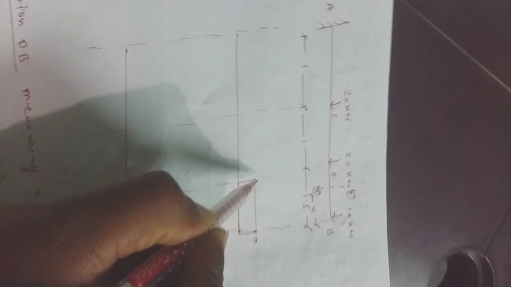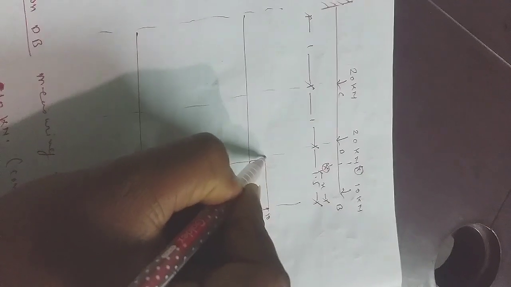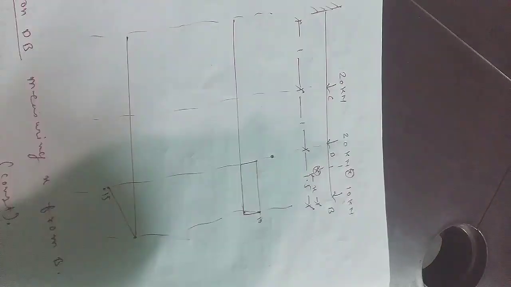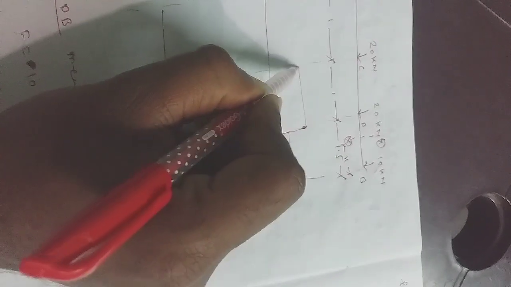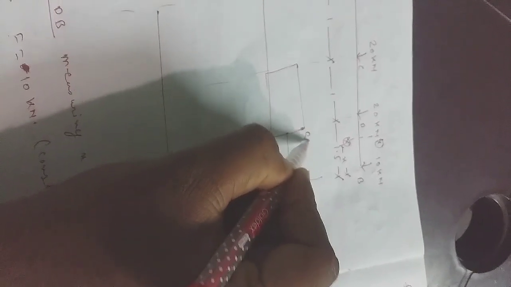Let's make the diagram for this. So again we move towards earlier. For portion CD, it will move upward, 30 positive. You can see positive will go upward and negative will go downward. So 30 up to that much, and it will go for the full portion of CD. It's 30 kilonewton. So this is the shear force diagram for portion CD.